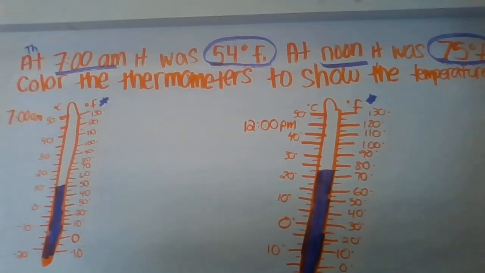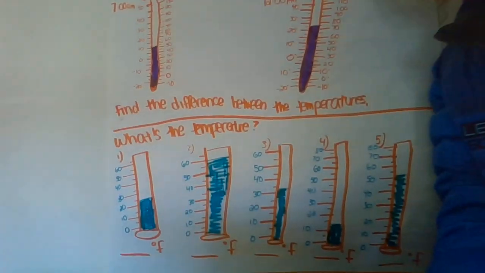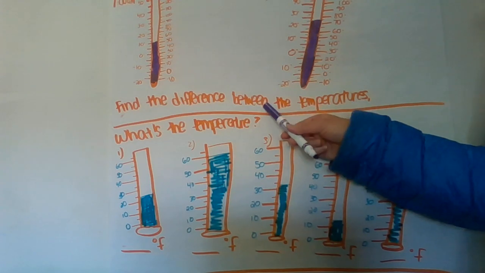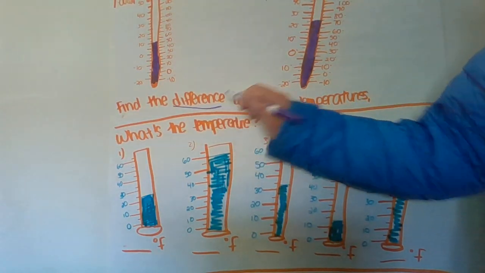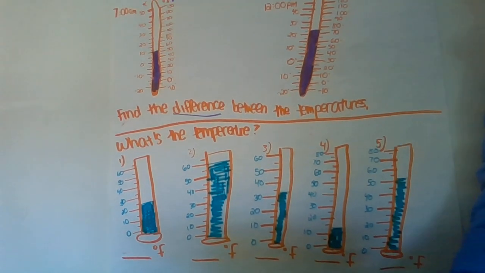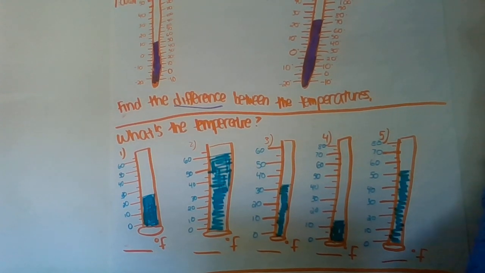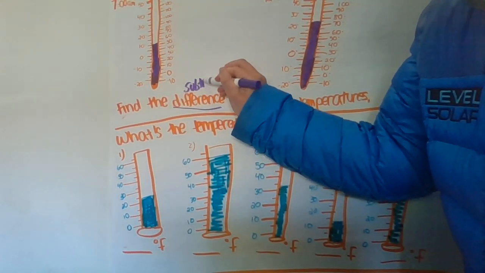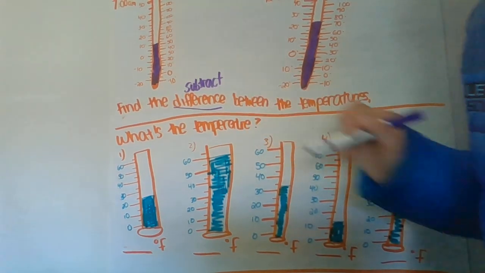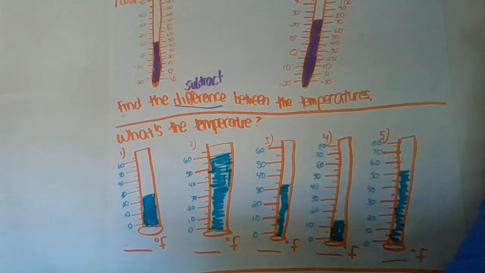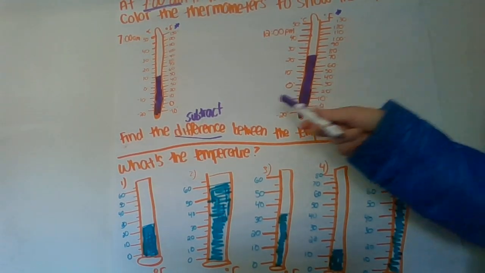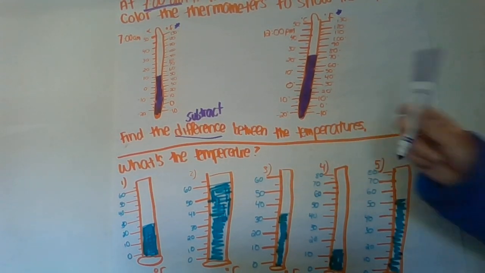All right. Now that we have figured that out and you've watched me fill out our thermometers, we need to find the difference between the temperatures. Remember what operation difference means? Difference means you are going to need to subtract. So you already know the numbers that you need to work with. You can go ahead and solve part 2 in about 1 minute. The difference between